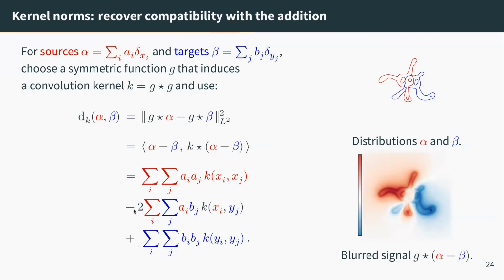So I take random points in the source distribution, random points in the target. I compute K of x_i, y_j. I get this, okay, and then I just sum those three terms, and it's really equivalent to computing this squared Euclidean norm. Okay, so I mean, we don't have time for the lab session, unfortunately, but I advise you to